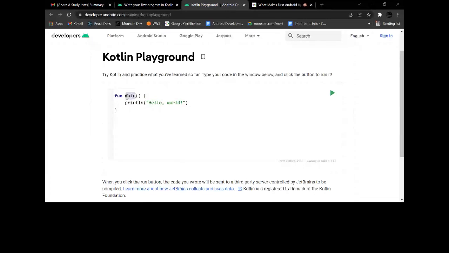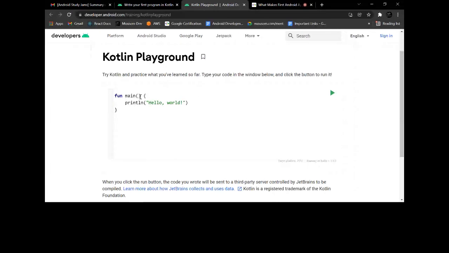In every programming language, especially Java, we have some kind of entry point. Entry point means from there the program will execute. So this is the main function from where the program will execute. Program means the application or the software, you can say.